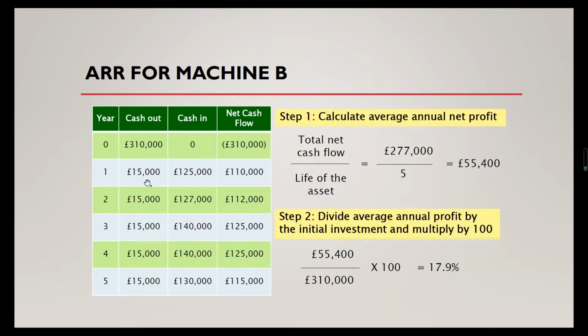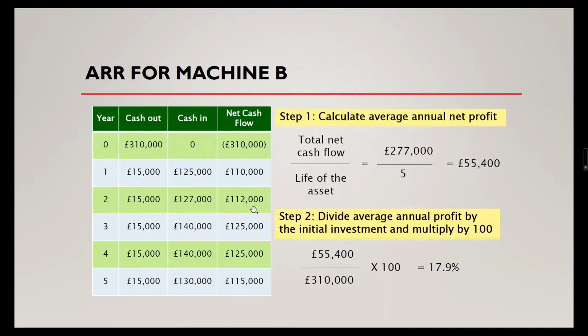In year 1, the cash inflow or revenue is 125,000, and we have to subtract the cash outflow of 15,000. Then this gives us a net cash flow of positive £110,000. In the second year, the revenue is 127,000 and the expenses, which is the cash outflow, is £15,000. Therefore, it gives us a net cash flow of positive